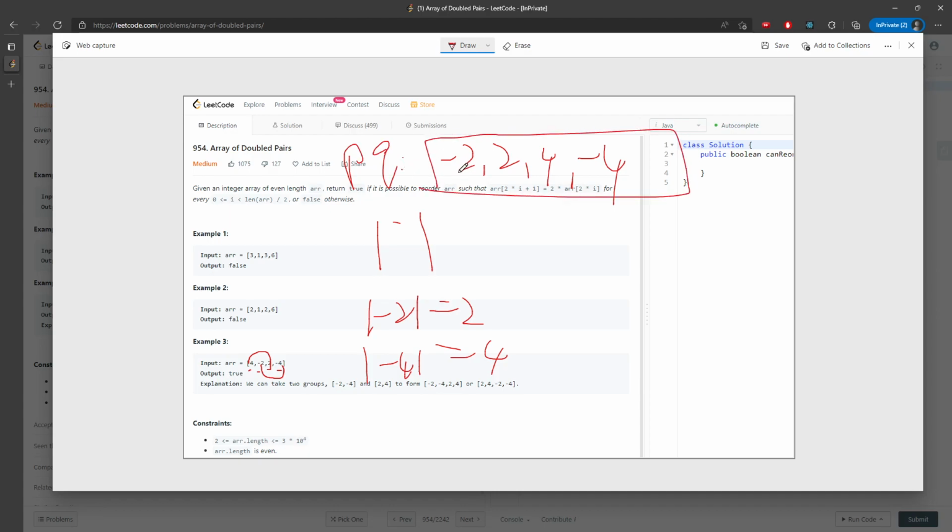So when I pull out the number out of PQ, right? Then I will have to find out, do I have the -4 in my PQ? So it's going to be -2 times 2, right? And even though the order does not match in the priority queue, right? So you have to just traverse, right? But you don't traverse like this. You traverse